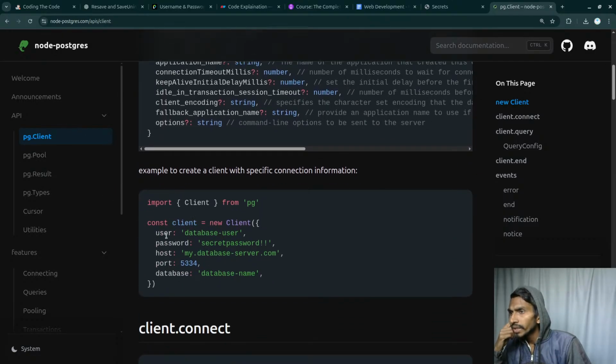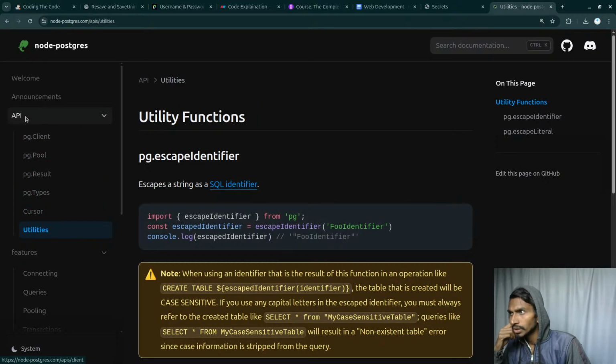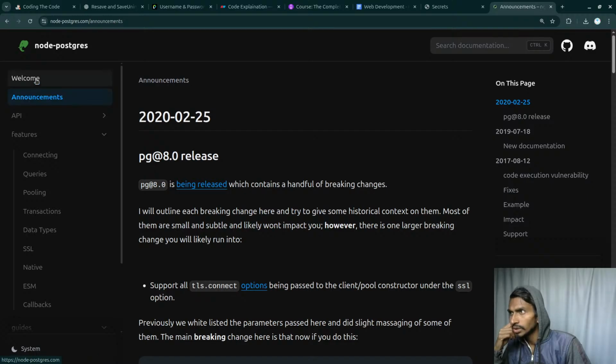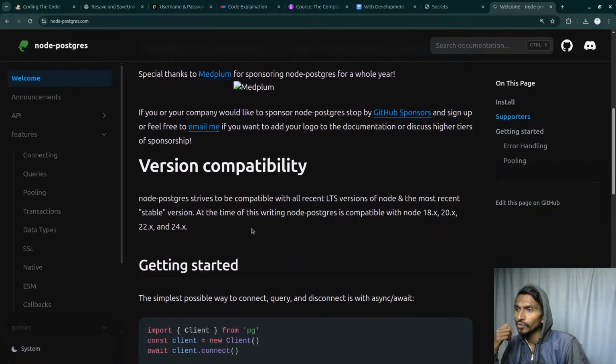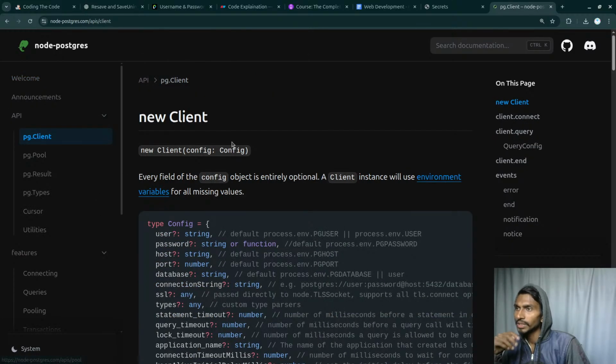Okay, so there are many methods. This is one of them. pg pool is here, result is here, query is here, cursor is here, utilities are here. If I click on the API, mainly click on the welcome section. So first of all, the easiest way could be I can go with this. Getting started. And the second thing is that when it comes to API, there is something called pg Client,